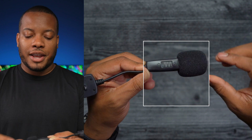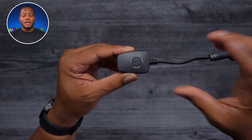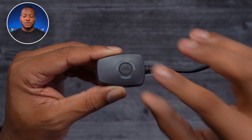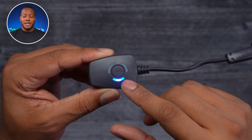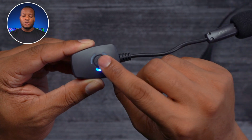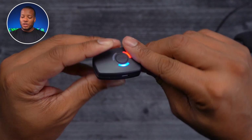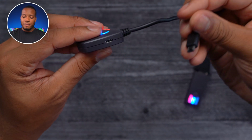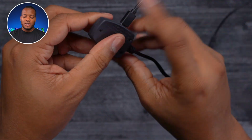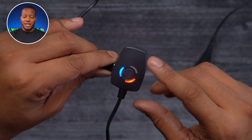But when you switch it over here, you have the unidirectional, so this is going to be just trying to pick up the voice coming from my mouth. Now, when you flip this back over, you have this dedicated button right here, which is multifunctional. You press it for a couple of seconds to turn the unit on, and you see this blue light means that it is connected to the receiver, which I have right here. You can also press it one time to activate the mute button so nobody can hear you. And when you have it charging via the micro USB cable, when you put it in like so, this other little light right here will turn amber or yellow, whatever that is, and pulsate